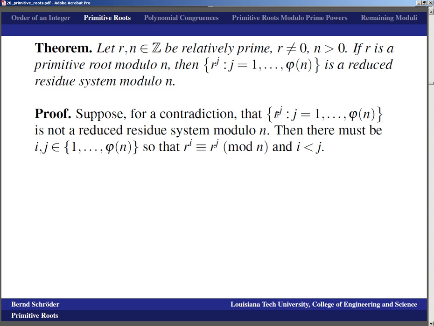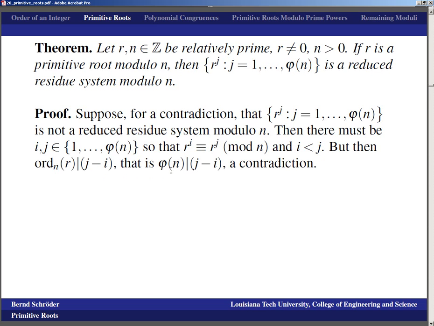Well, then, first of all, any power of r has a multiplicative inverse, right? And that's because eventually some power of r is 1. So the only way this could not be a reduced residue system is that there are i and j such that r to the i is equivalent to r to the j modulo n, and we can assume without loss of generality that i is strictly smaller than j. But then the order of r has to divide j minus i, and that would mean that phi of n